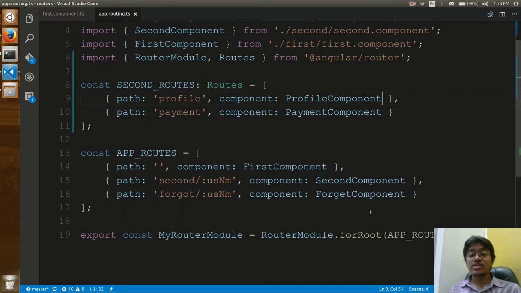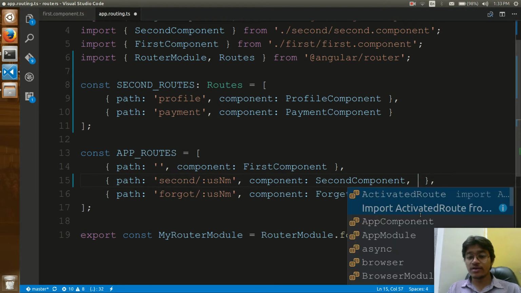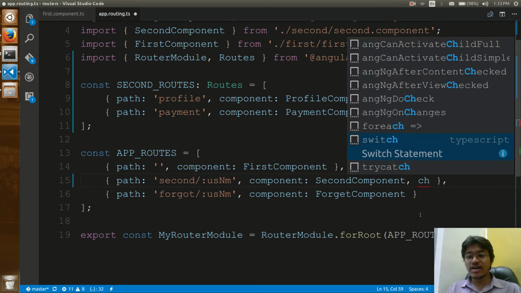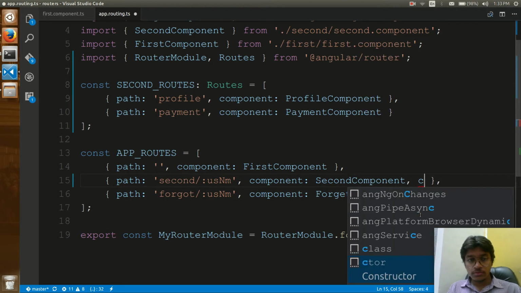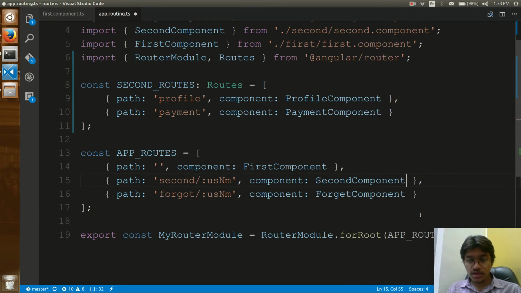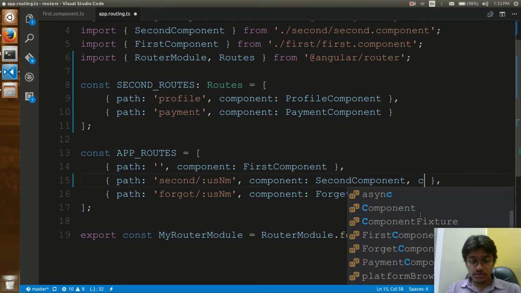Remember that this second would be having this child route, and that's why I can say over here children, path, component, and here you need to have third